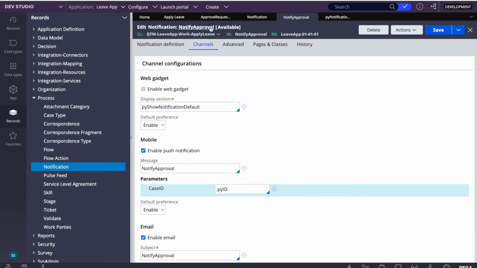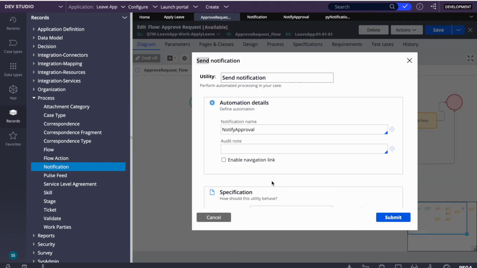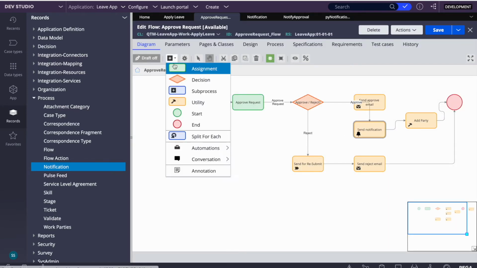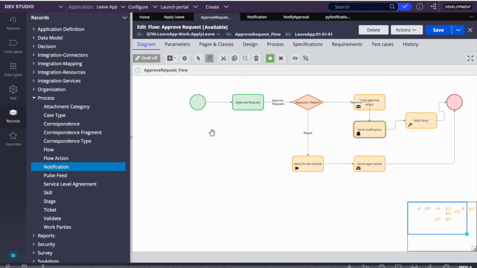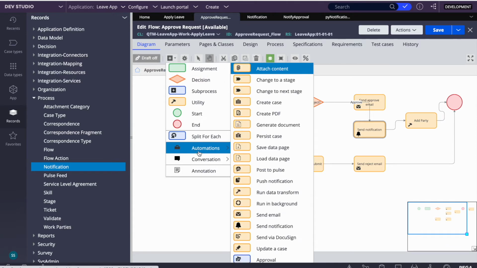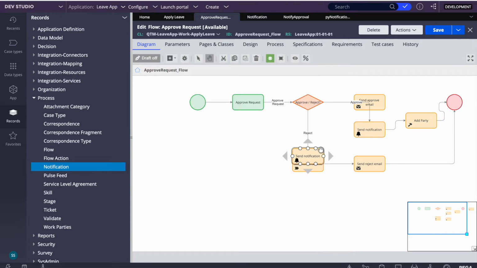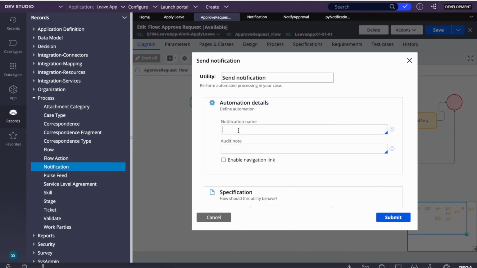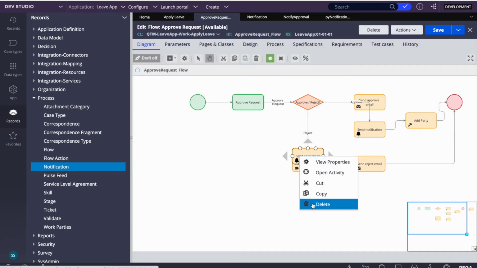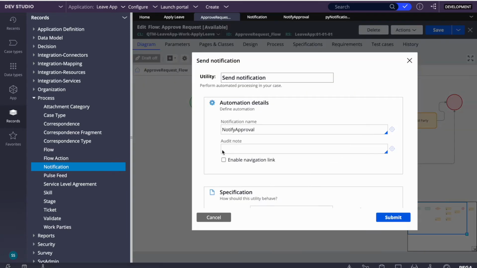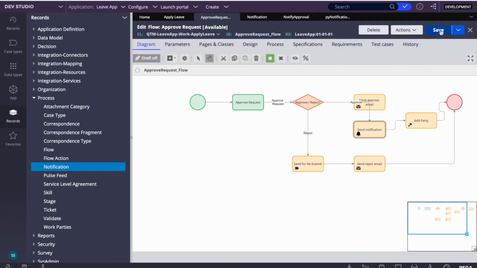So now how can we use this? We can go to the flow. As I was saying, it takes the notifications channel. Once we drag and drop that shape, in automations we'll go to send notifications. Here it asks for the channel name, so we can give our channel name. I've already configured that shape and given the channel name. One very important thing: